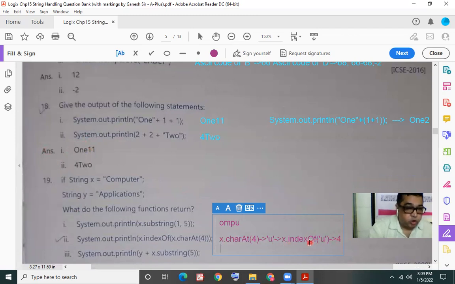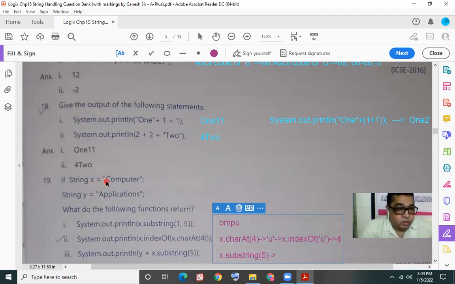Now, let us solve the third statement. System.out.println of y, which is the string applications, and that should be concatenated with x.substring(5). Now tell me what is the result of x.substring(5)? What will x.substring(5) give us?